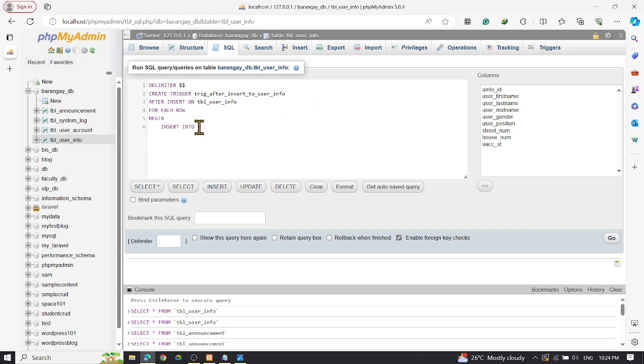We will populate, of course, the system log whenever we trigger this user info. Whenever we insert data to our user info, this will be triggered. We will insert automatically here in our system log. So let's put insert into. What table? So we have table system log, and inside our system log we have